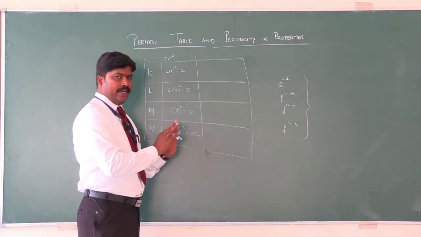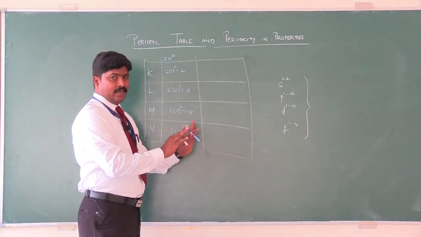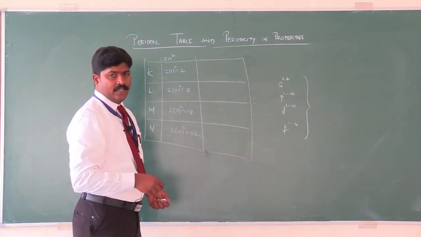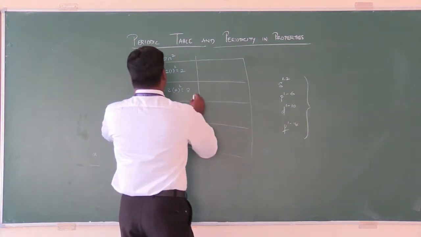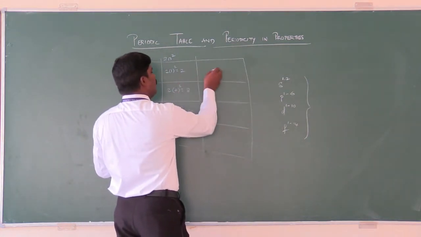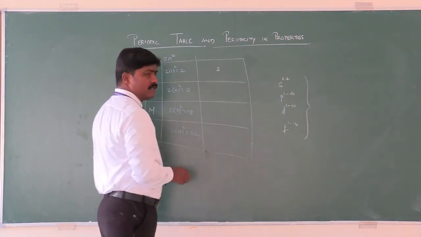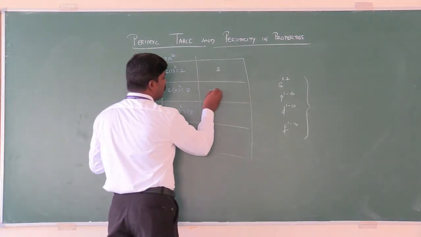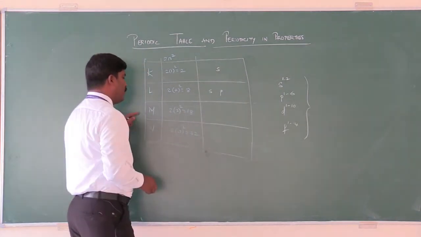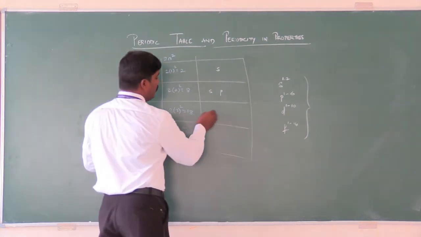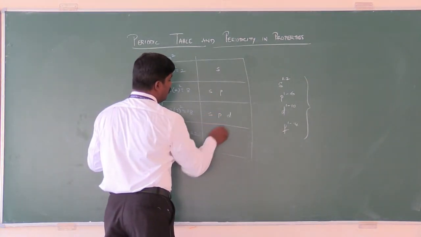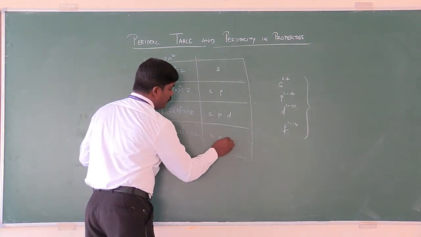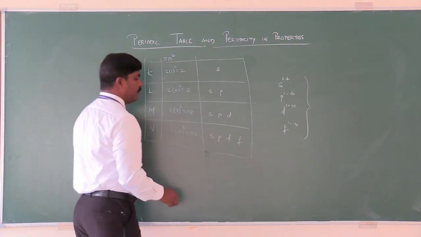I just want to give an idea of subshells, that's all. It's not an exact analysis; I am just trying to help you with the subshells because the next stage I want to teach you is electronic configuration. Now, the K main shell has only one subshell, S. L has 2 subshells, S, P. M has 3 subshells, S, P, D. And N has 4 subshells, S, P, D, F.